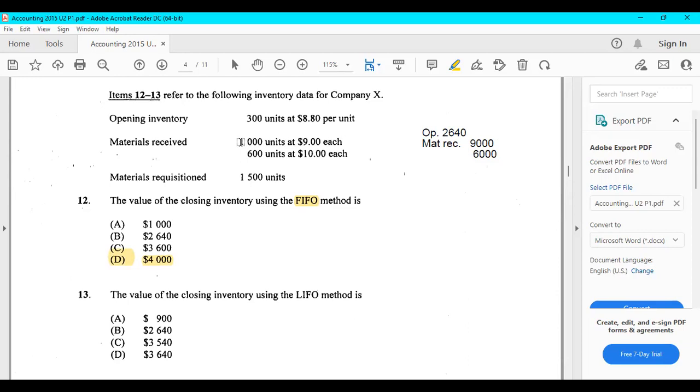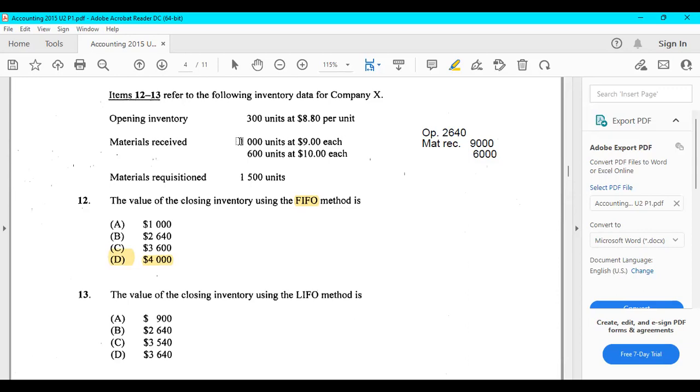All right. And that would leave how much? 100 units at $9 each. Oh my God, I'm sorry. Why am I doing that to people's questions, to people their money? So it's 100 units at $9 each.